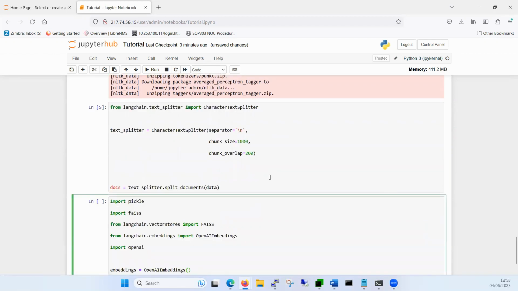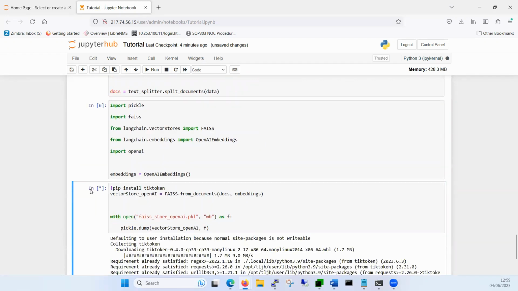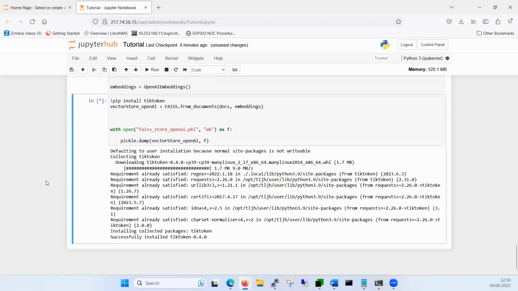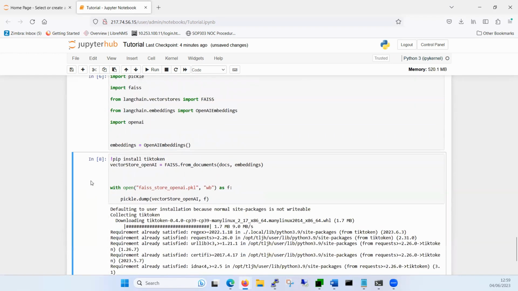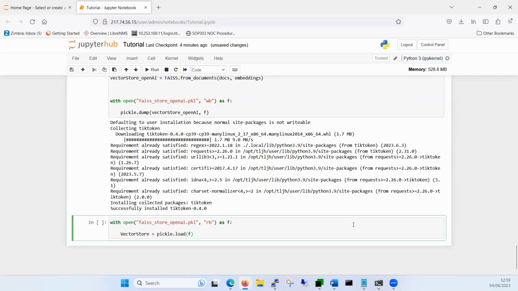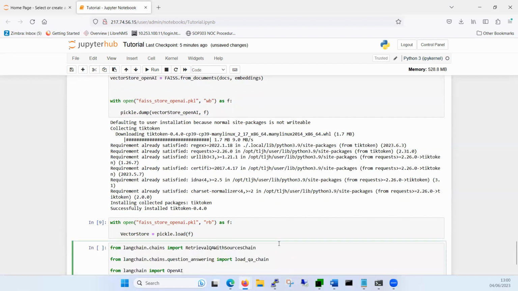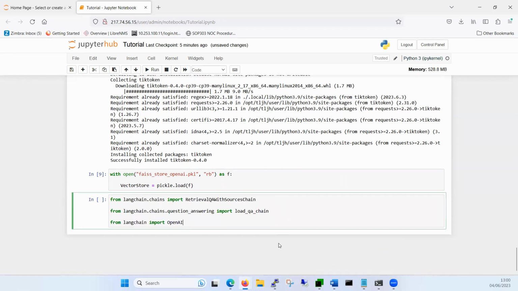Next, we will import the necessary applications for creating and storing embeddings in a FAISS vector store. After that, I will generate our vector store by utilizing the FAISS library to store our embeddings. We will serialize our data in this vector store using the pickle module and save it in a file named faiss_store_openai.pkl. The next piece of code will open and read the file we just created. Next, we will import the question and answering chain from LangChain. This integration will enable us to interact with our